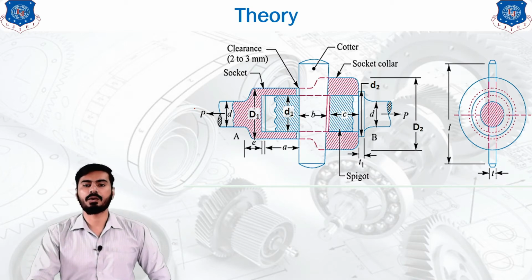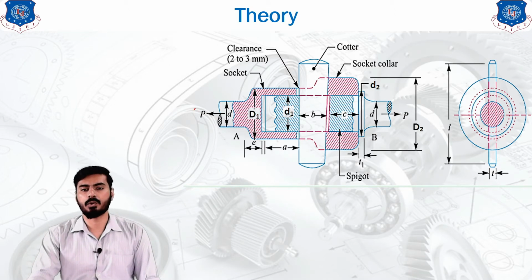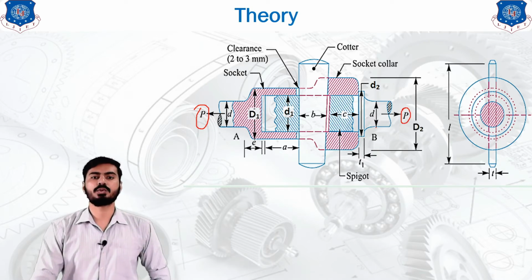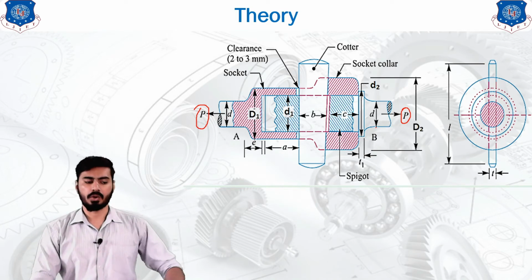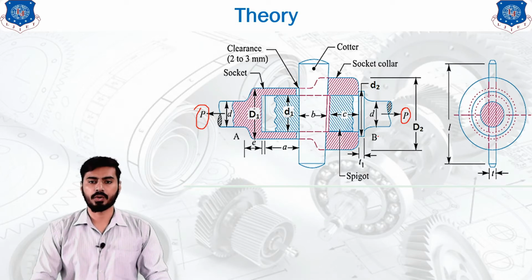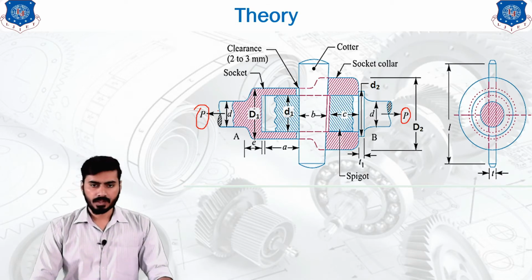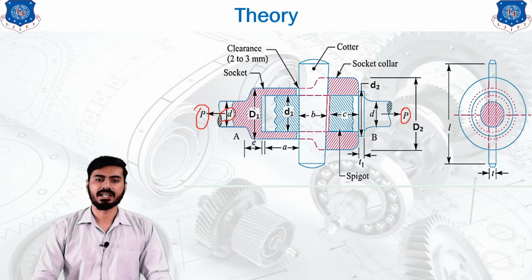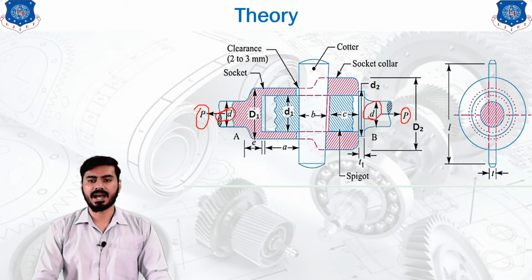First we are going to identify our force, which is a tensile force applied on both sides of the shaft, and that's why we can say that our design is to sustain a tensile force on the body. So this is one type of design where we are going to sustain the tensile force. Okay, now the shaft which is required to be joined has the diameter D, which is similar on both sides. Both the shafts have the same diameter D.